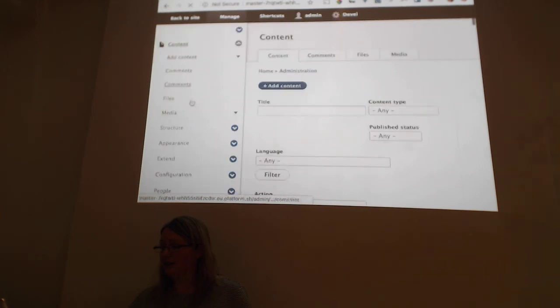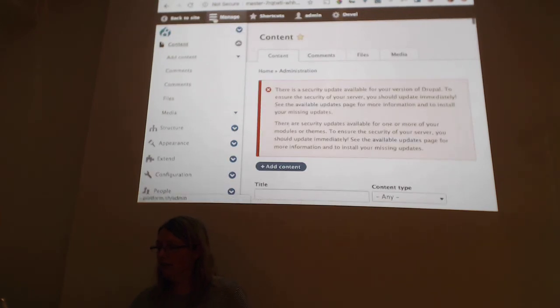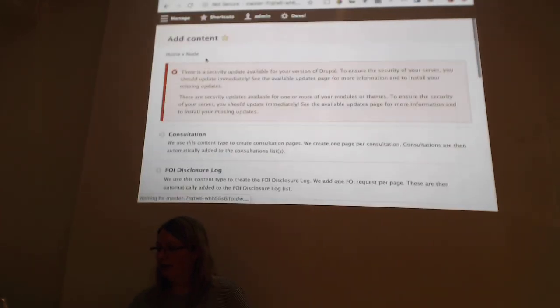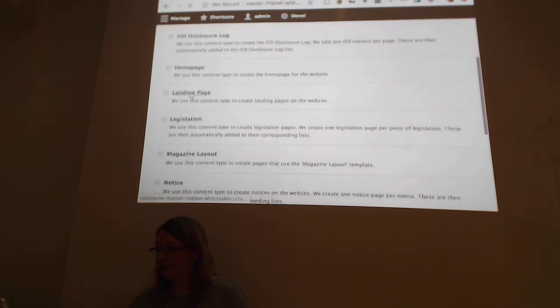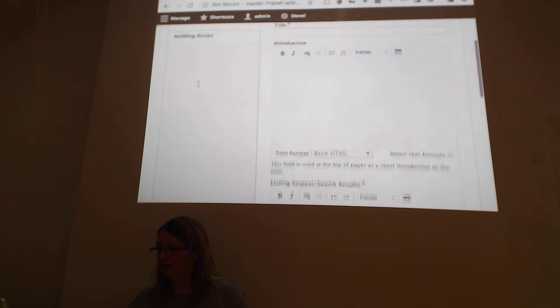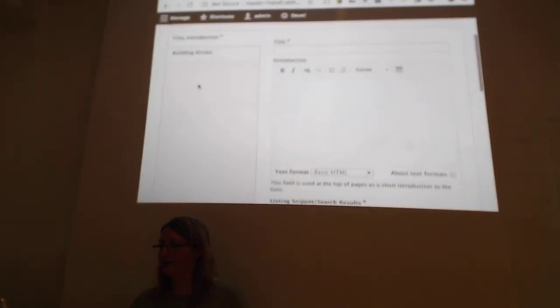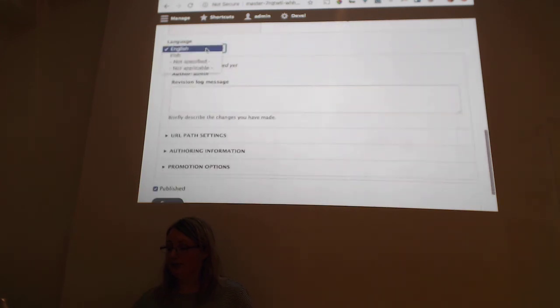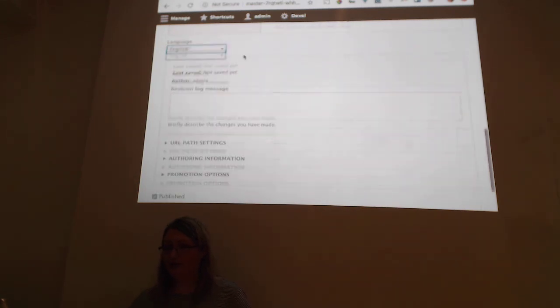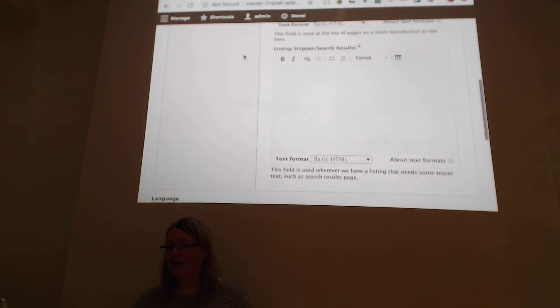This only has English and Irish. Add content, let's just say landing page. This is in development for a security update. So this is just defaulted to English, the default language. Choose the language.